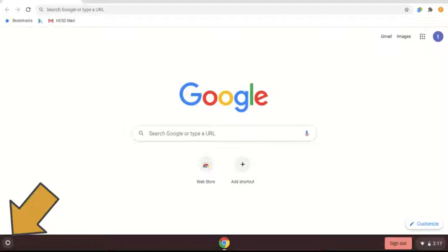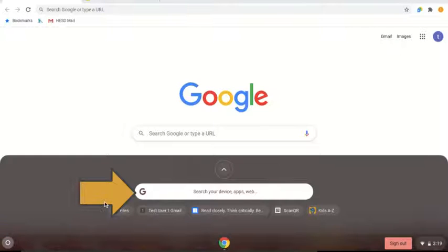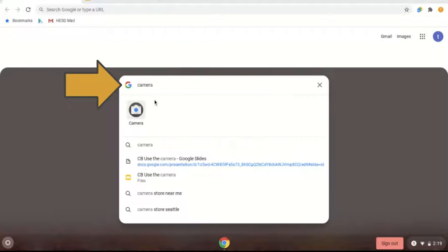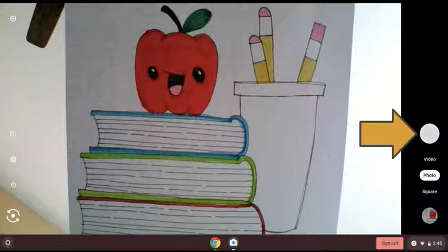When you are looking at your Chromebook screen, I want you to notice this little circle down in the bottom left corner. When you click there, it'll bring up a search. The first time, you're going to type camera in right here. After that, you might see this icon come up automatically and you can just click it. But once you search for camera, you're going to click on the camera icon and it'll open up the camera